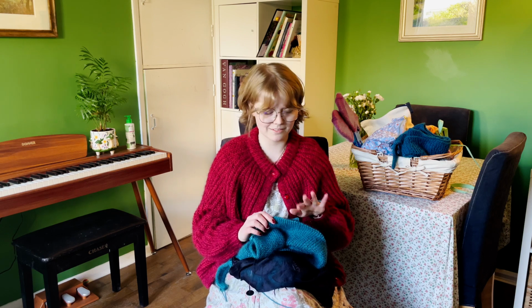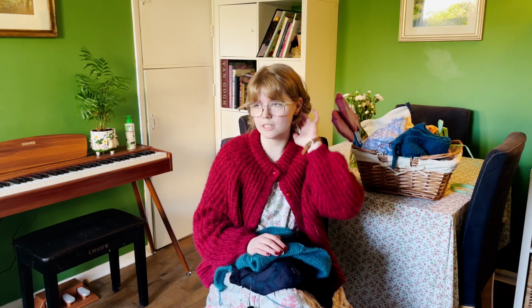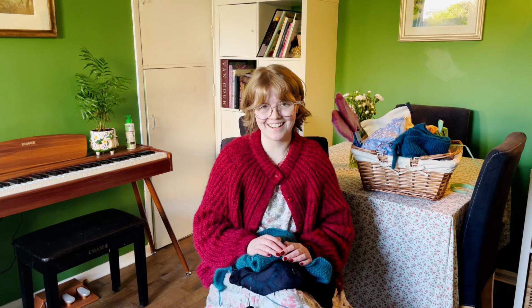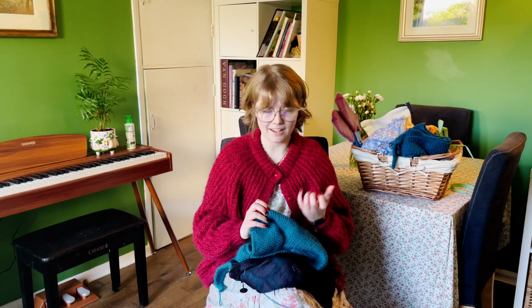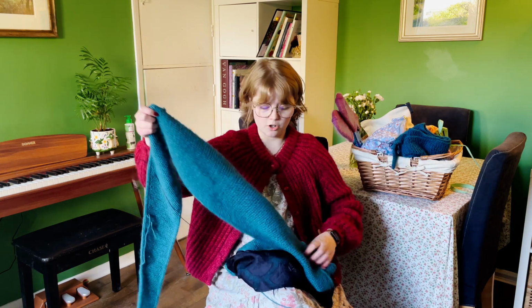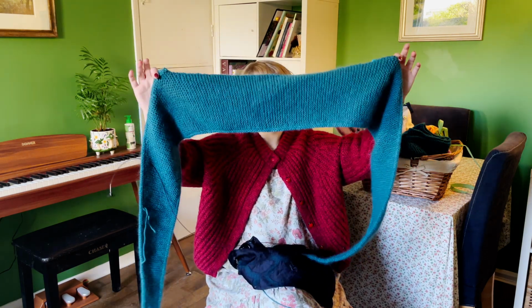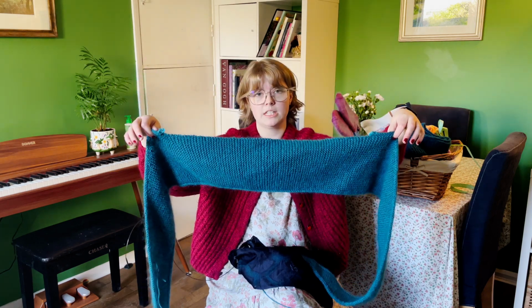Please don't look at my nails because they have chipped horrifically this morning in doing some dyeing, but they are also this colour. Tangent aside,